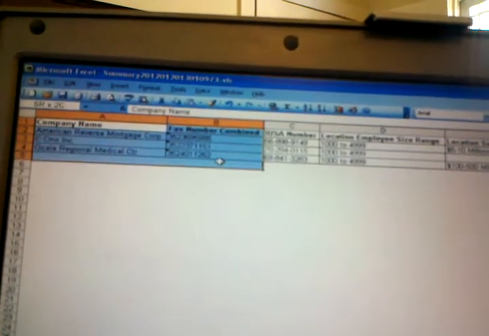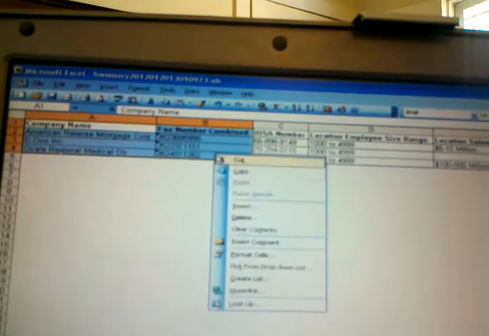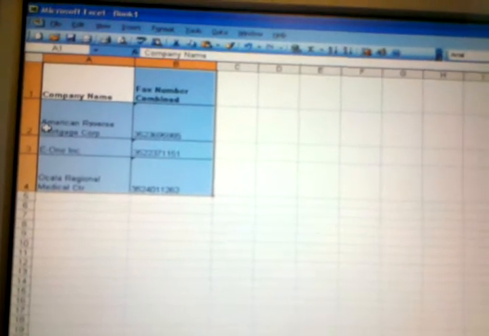Now, since you're just starting out, here's what I'd like you to do: company name, fax number, highlight that, copy, get a new Excel spreadsheet, and then just copy and paste there, and then just size it properly. There we go. Okay, so now what you're going to do is go into the company name and put Ocala, capital